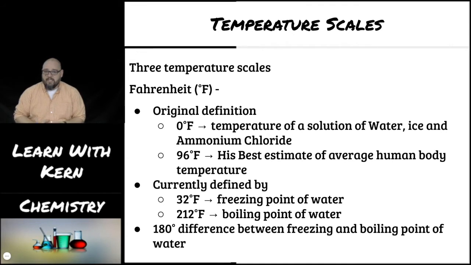That comes into play in a little bit. So it's exactly 180 degrees between the freezing point and the boiling point. So this is the Fahrenheit scale. And consequently enough, the United States is the only industrialized country in the world that still uses the Fahrenheit scale exclusively. A few other countries will use the Fahrenheit scale occasionally, but they all have the official temperature scale that